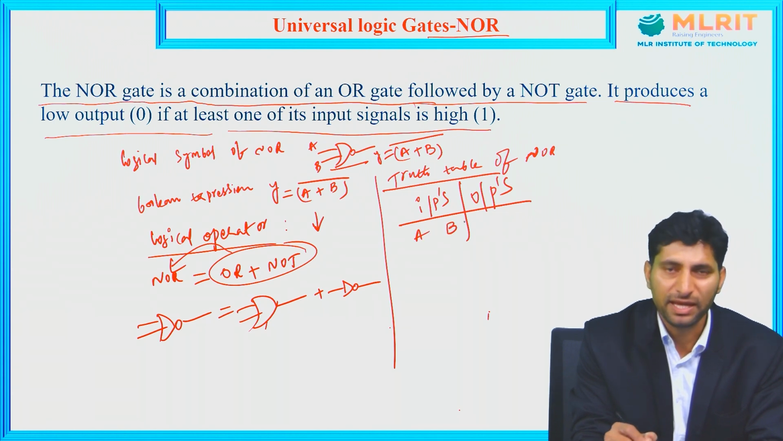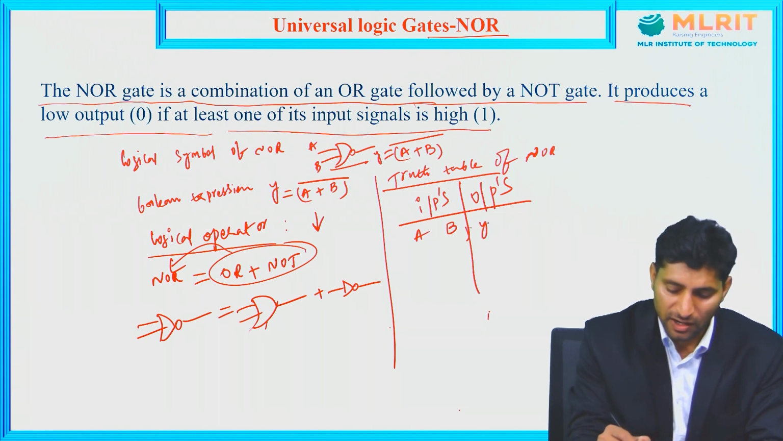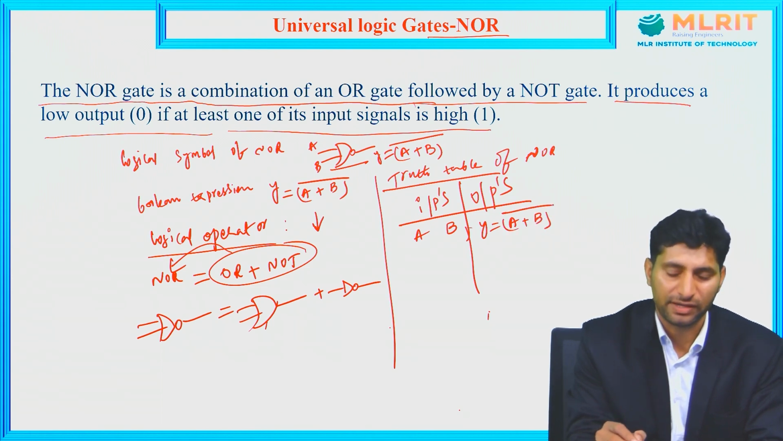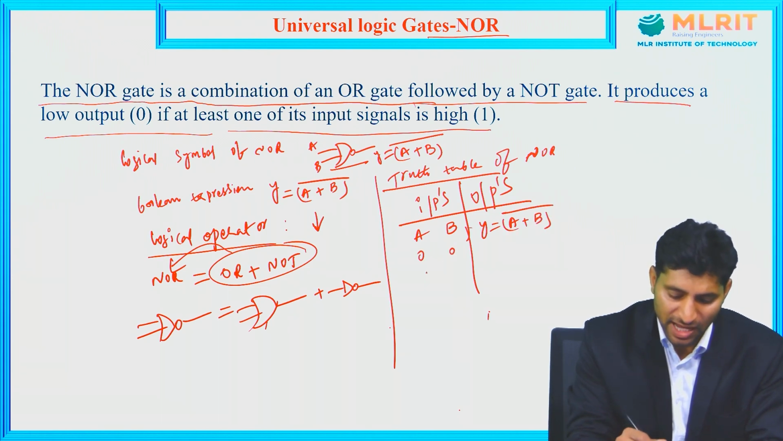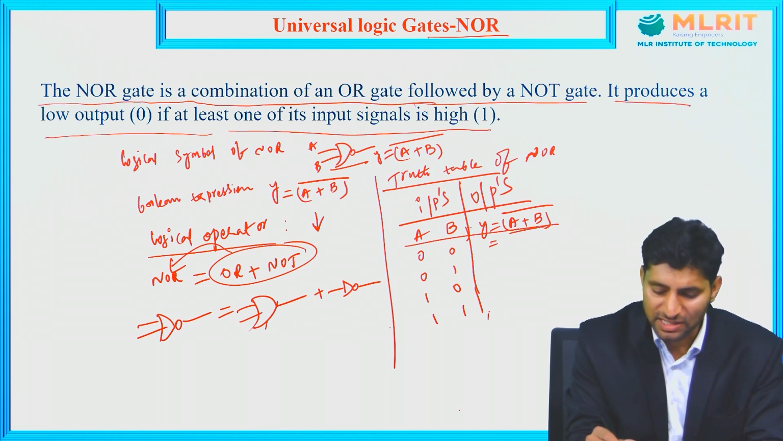So A and B I am treating as inputs and Y is my output. So it is nothing but the complement of the OR gate. Using these two inputs I will have four possibilities. They are 0 0, 0 1, 1 0, 1 1. And if you substitute this 0 0 in this expression, (0 plus 0) whole bar is 0 bar, which is nothing but